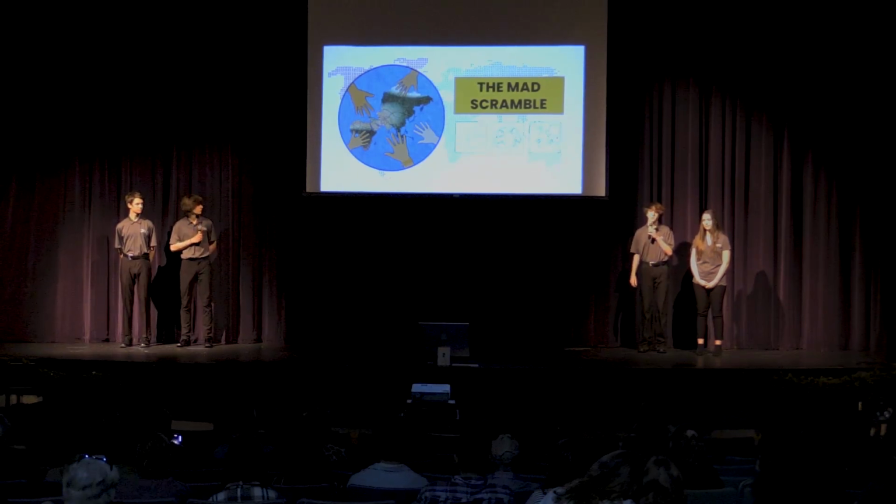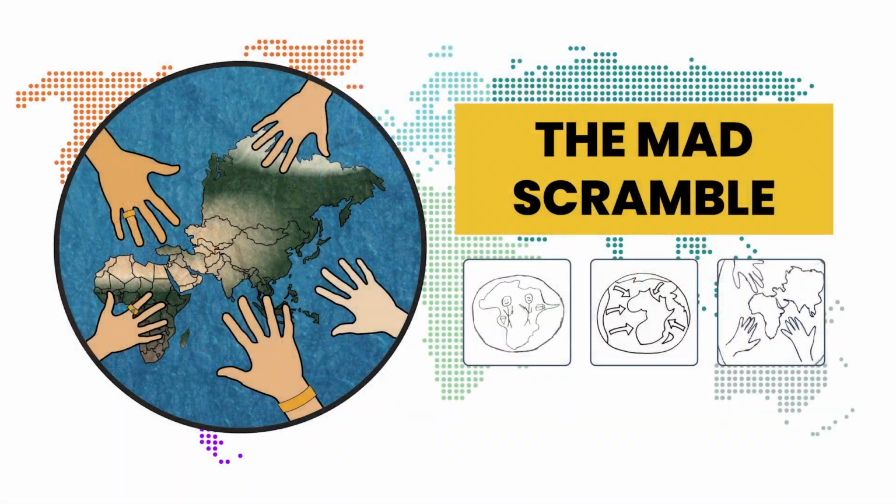I was responsible for creating the final logo for our group. I wanted to incorporate the idea of European nations taking control of Africa and Asia for resources. After some brainstorming, our group decided to go with this for a final logo, with hands reaching towards these regions in an attempt to take control.